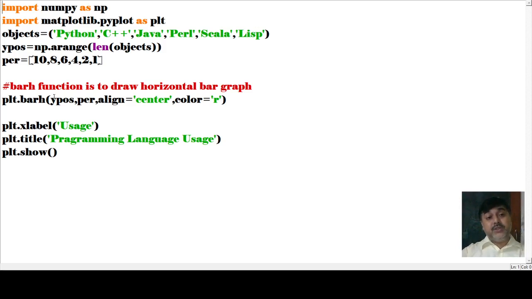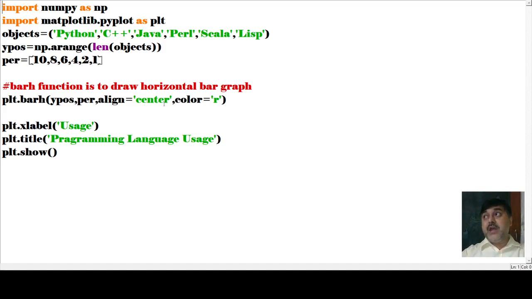Since it is a horizontal bar, we are not saying y axis, we are saying y_pos, the positions, np.arange of the length of the objects. Then we take the second, this is our x axis and this is the y axis, as it has been considered here. And after that, what we can find here is align equals center.